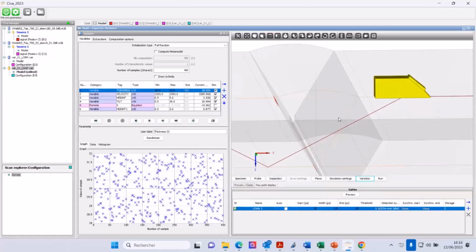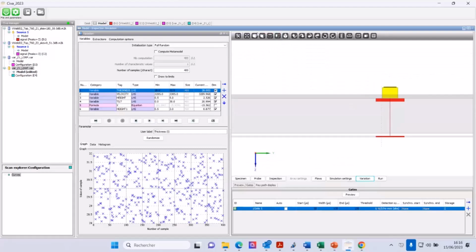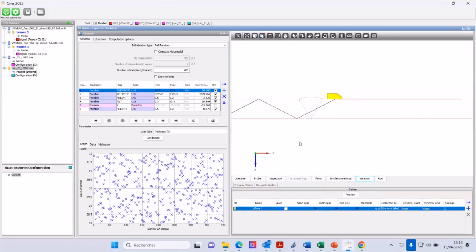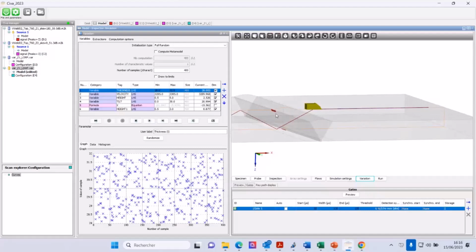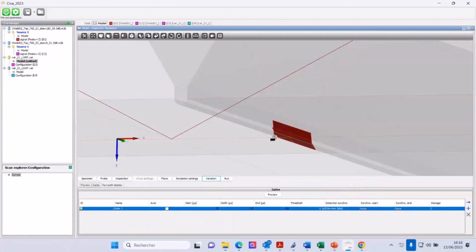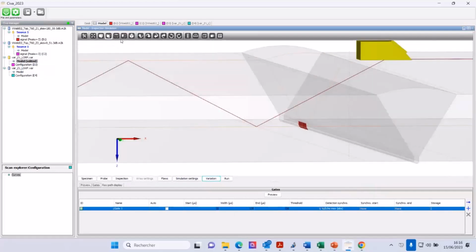So we run 400 simulations on this case with scanning, and it's important, you will see after when you see the CIVA DS module, scanning of 86 steps. So you see my probe that is moving, 86 steps, the same scanning step as we perform in the real acquisition. So we perform B-scans here with these variations. One here with this flaw, and another example here with another flaw and other variations. So it was to prepare everything.